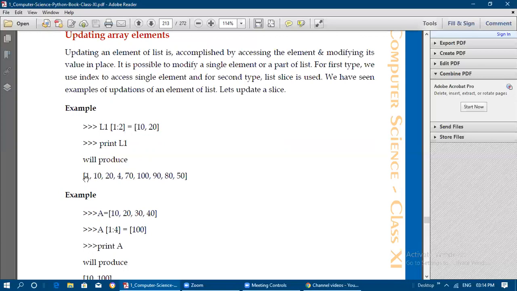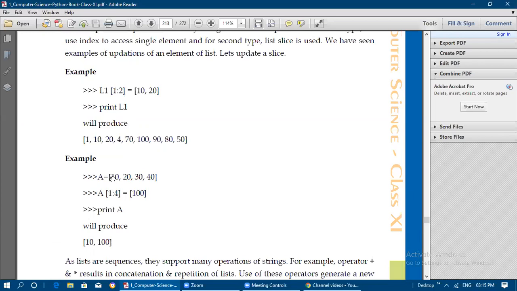That is 1, then 2, then 5, 4. Instead of 2 and 5, this 10 and 20 is going to be replaced here. That is changed, updated. So this is L1's new list of elements. In L1[1:2], we are updating with the elements 10, 20. So 10, 20 is going to be changed in this place.